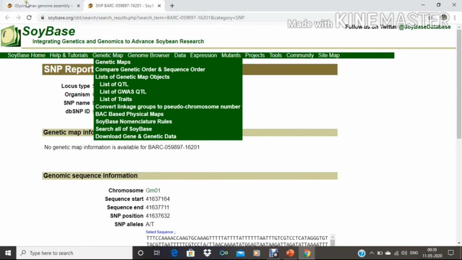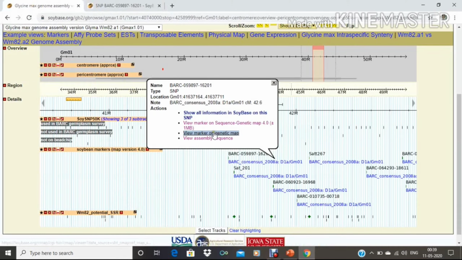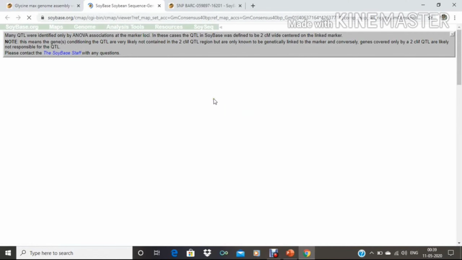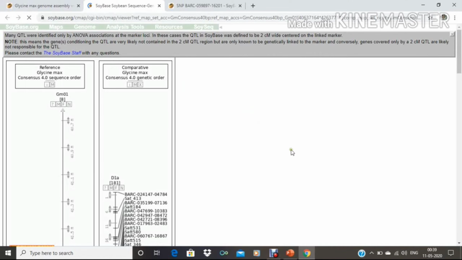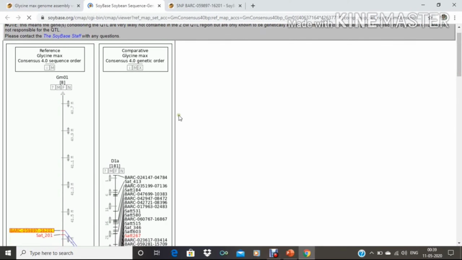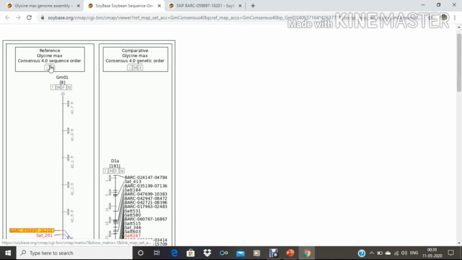Then again we will go back. Then in the second option here, view marker on the sequence genetic map. Now it is loading. Here we can easily see on the left side the sequence order is given, and on the right side the genetic order is given.